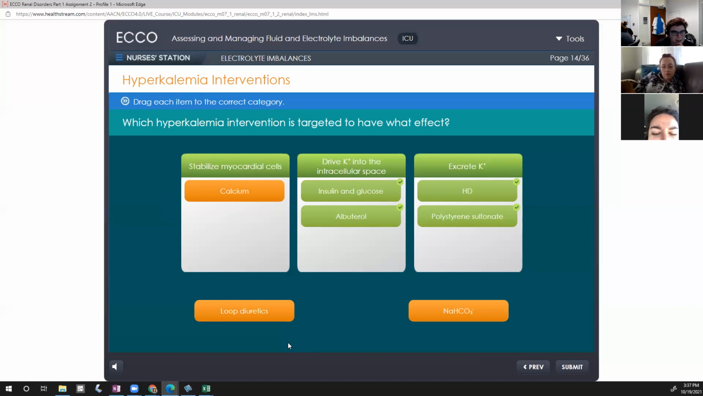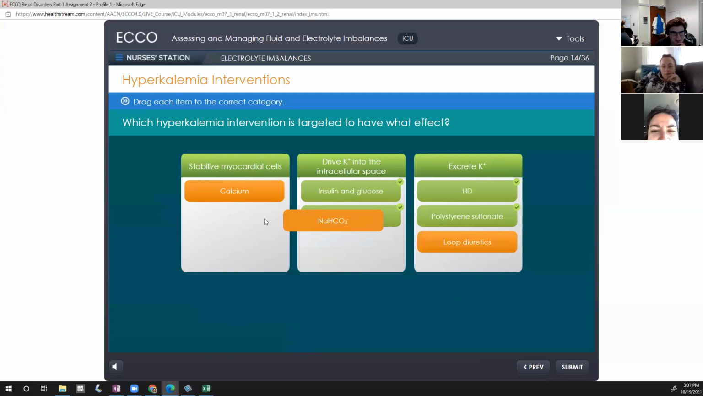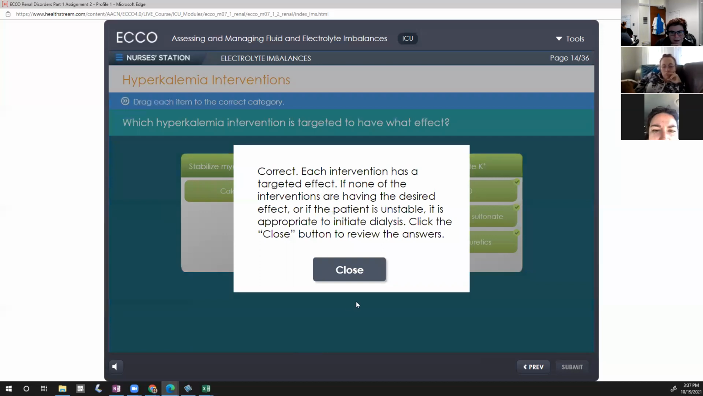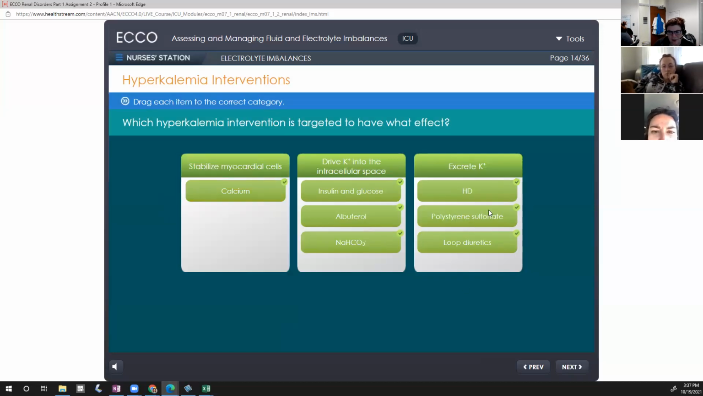How about if I'm excreting potassium? Loop diuretics. You got it. So by process of elimination, that should probably go there. Exactly. So just making sure that when you're test taking, remember that it's okay to eliminate things if you're doing